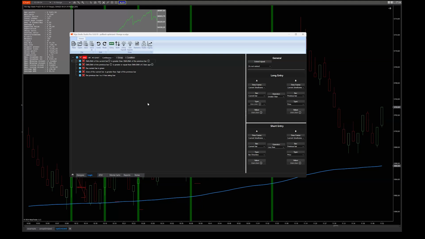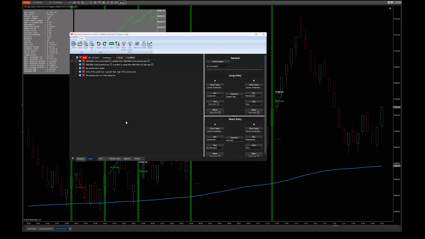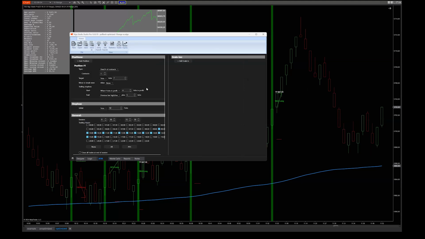So here is where you design your algo, or here. And when you have your algo and signals are correct, you can go to the next step. The next step would be your ATM. We already know the ATM from NinjaTrader, where you can put in your targets, your stop loss, your trailing stop.